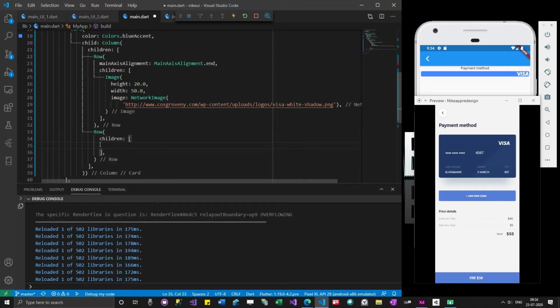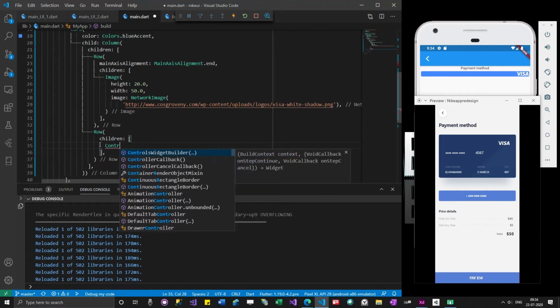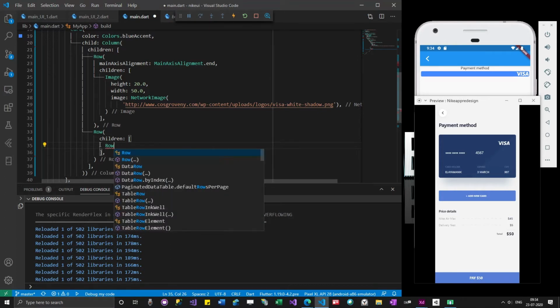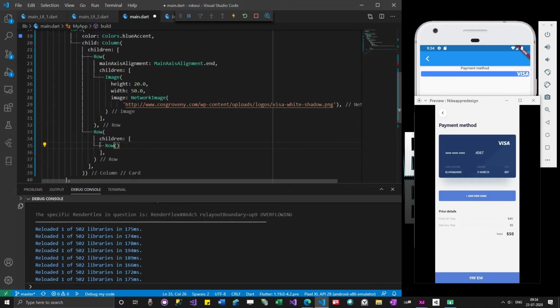Children, text of... So let's not use text. Use another row widget. Children, and then we can actually use stars.